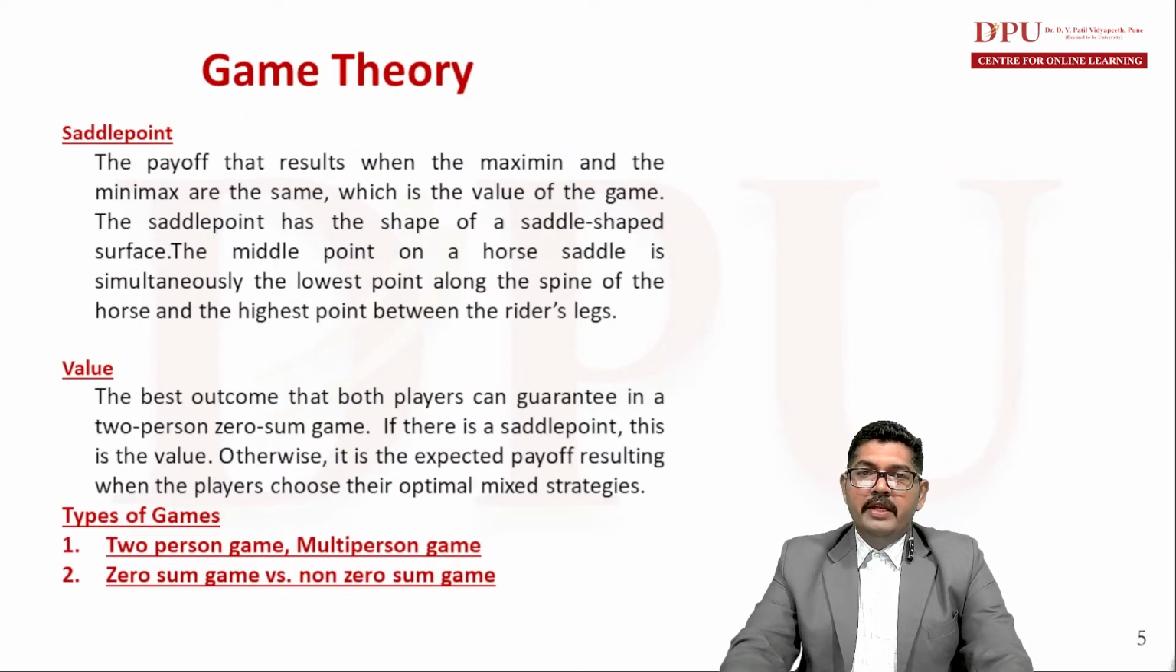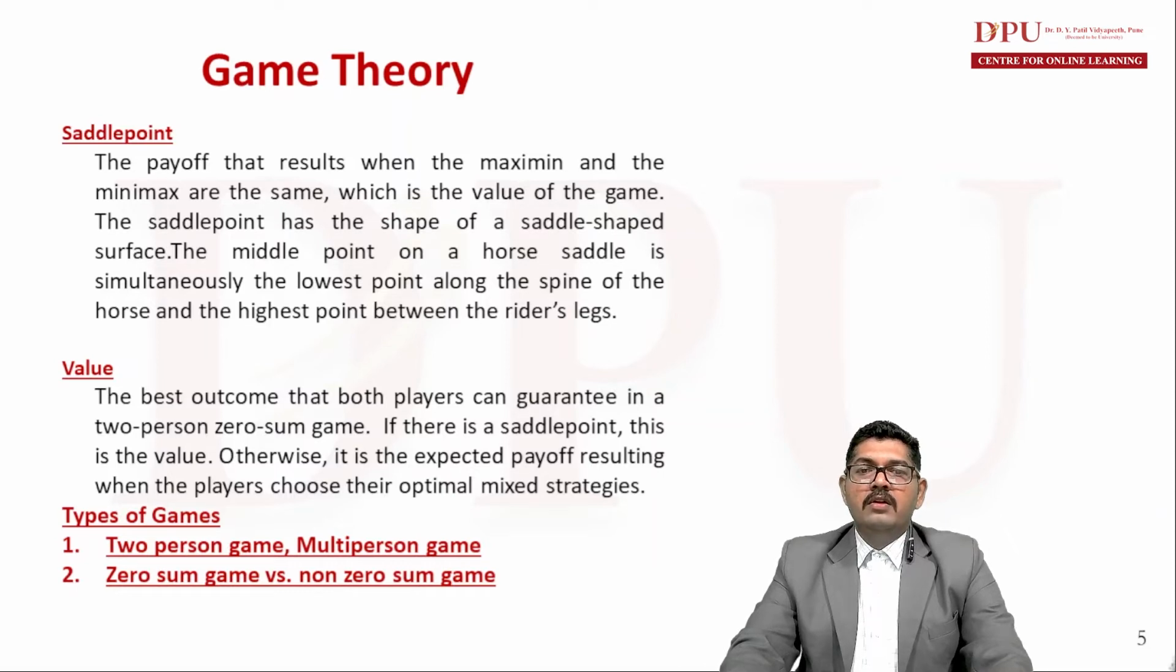Game theory: there is a saddle point, the payoff that results when the maximin and minimax are the same. So when we get a value where the maximin is equal to the minimax, we will understand what maximin and minimax are shortly. So when maximin and minimax are the same, we say that there is a saddle point, which is also the value